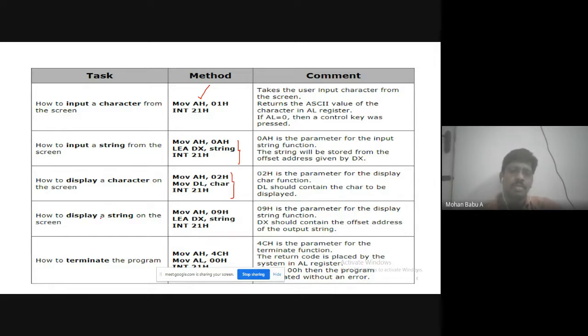If you want to display a string on the output window, you will need to use this set of instructions: MOV AH, 09H; LEA DX, string; INT 21H. If you assign 09 as input to INT 21, this set of instructions will help you to display the strings